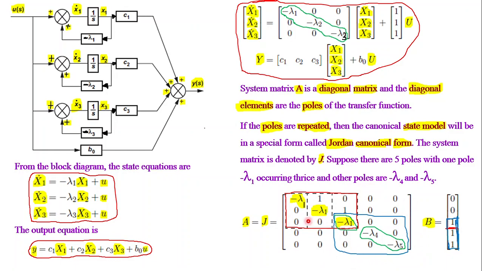That is what I have highlighted, right? Here again you can have 1 1 1 similar to this, but corresponding to the rows before the last row, the elements of B are zeros. Here all are 1, here not all are 1, because for the entire thing minus lambda 1 is the pole, occurring only thrice. Therefore corresponding to these 2 rows, the elements are zeros. So these 3 are unity. This is why we have to generalize.